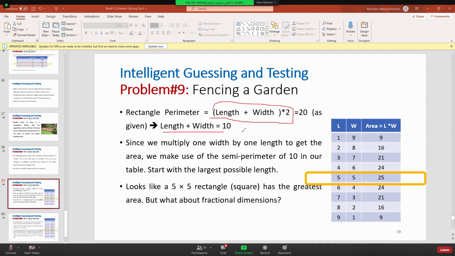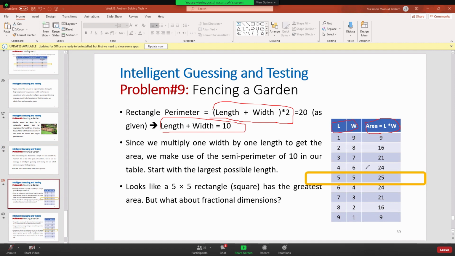Now, the formula that we have talked about here is (length plus width) multiplied by 2. So length plus width equals 10. So we take some numbers which have the sum equal to 10: 1 plus 9, 2 plus 8, 3 plus 7, 4 plus 6, 5 plus 5. And here we find the area